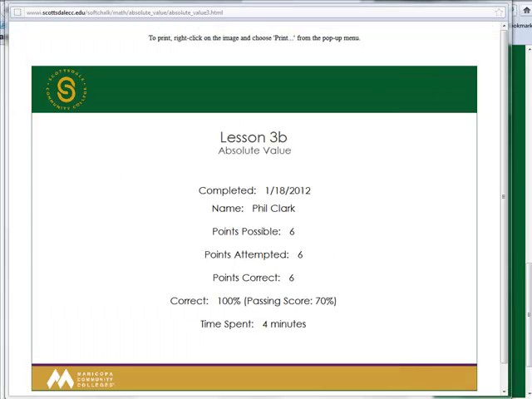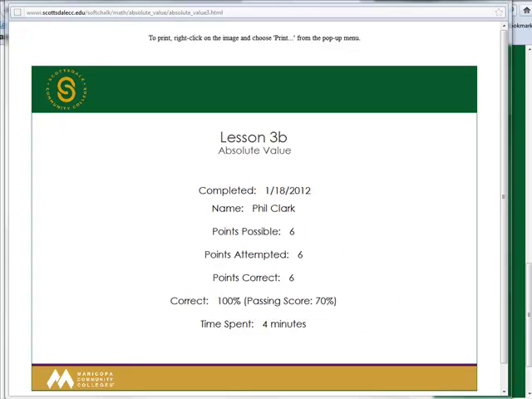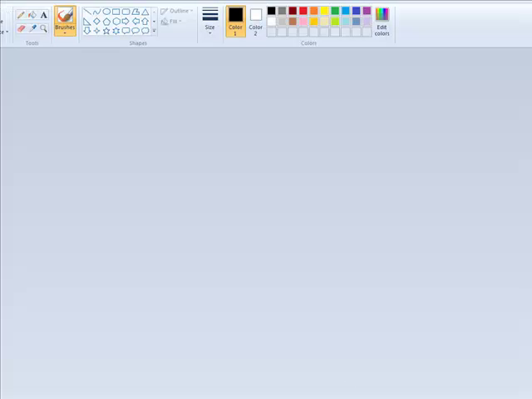Now, if for some reason that's not an option, you could also save it as an image. One way of doing that, there's multiple ways, one way of doing that is to do a print screen. So you have print screen on your keyboard. If you hit print screen, it's automatically going to capture your entire screen. Now you need to open some kind of web or some kind of photo editing software. So for instance, I might open Microsoft Paint,